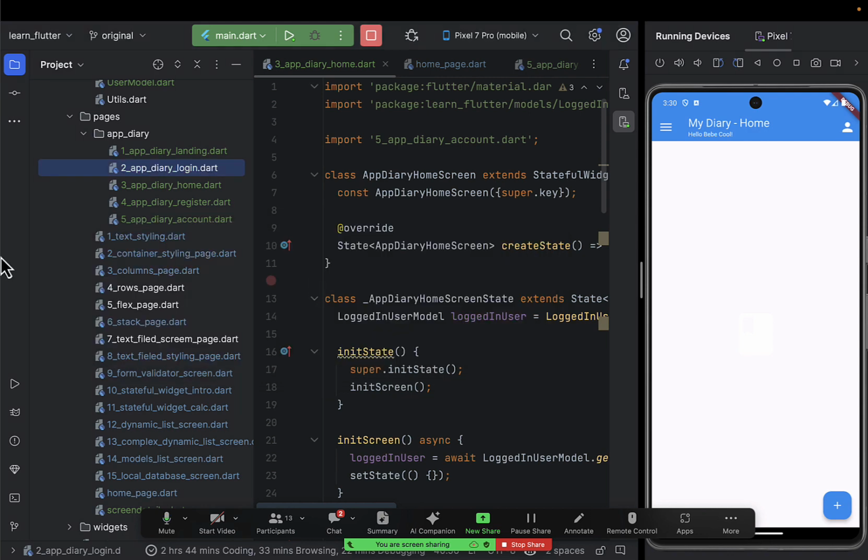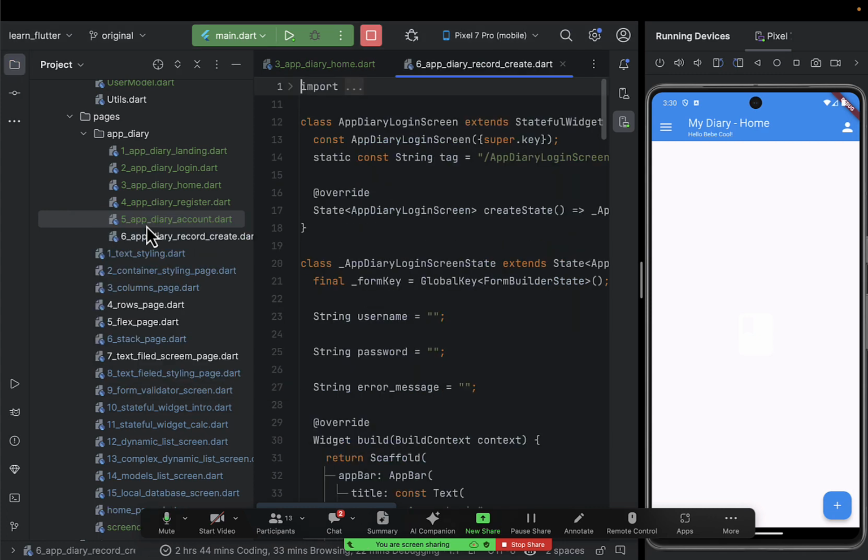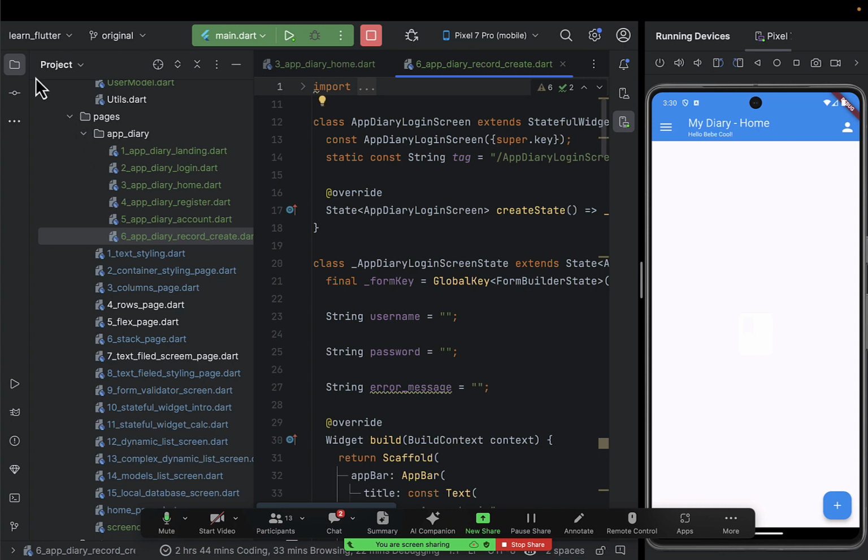So it's going to be number 5, so I can paste here. It's going to be number 6. Then say app diary, and then say note or record create. Diary record, something like that. So you can call that record. I'm calling it record because I want everything about record to begin with it, so they have related things following it. When I press enter, I'll come to the screen itself and change the name